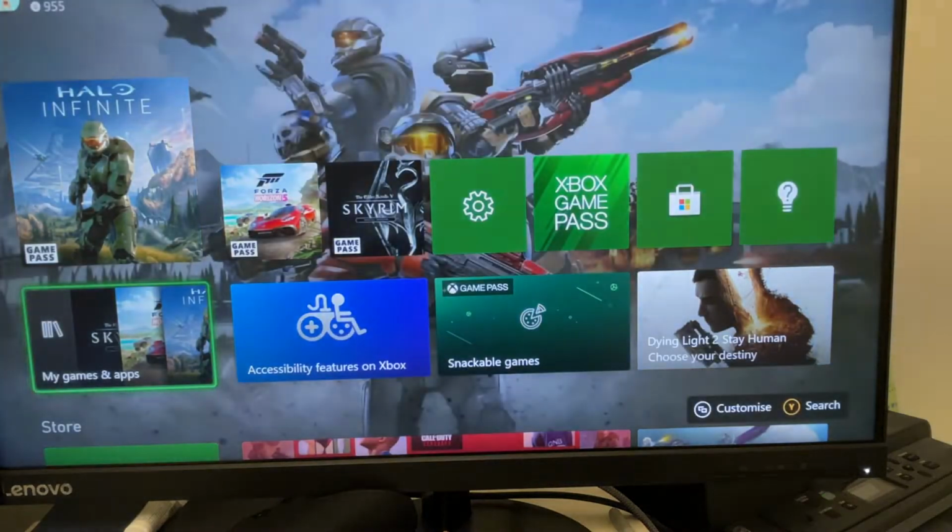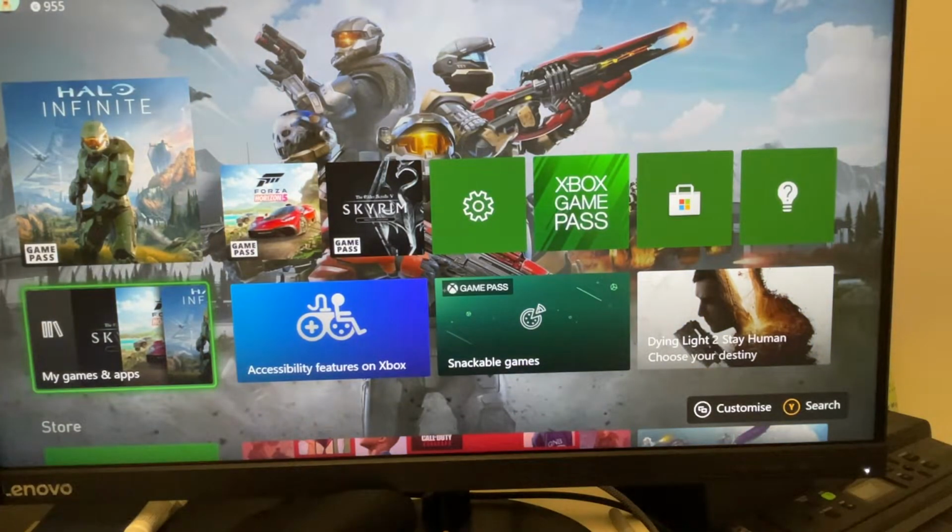The first thing I would recommend is, if you can't get a Series X or a Series S and you have access to an Xbox One, specifically an Xbox One X, if you can get one used, go for it. Don't pay a ton, but you can get them for a good price. I paid 200 Canadian for this system, and I paid around $100 for the SSD. So you're looking at $300 all in, and now I have